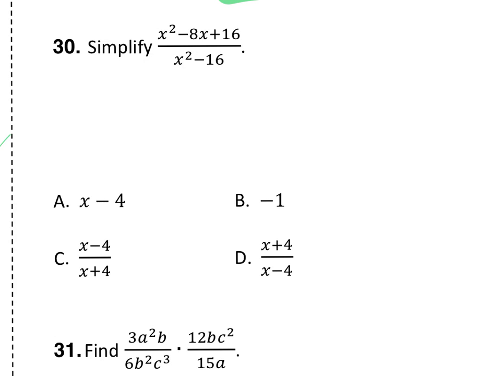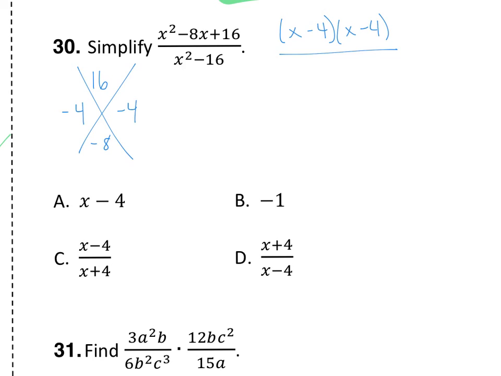Number 30, simplify x squared minus 8x plus 16 over x squared minus 16. So what I'm going to do here is factor the numerator and find factors of 16 that, when added together, give me negative 8, which are negative 4 and negative 4. So my numerator I can simplify to x minus 4 times x minus 4 over, and actually here the denominator